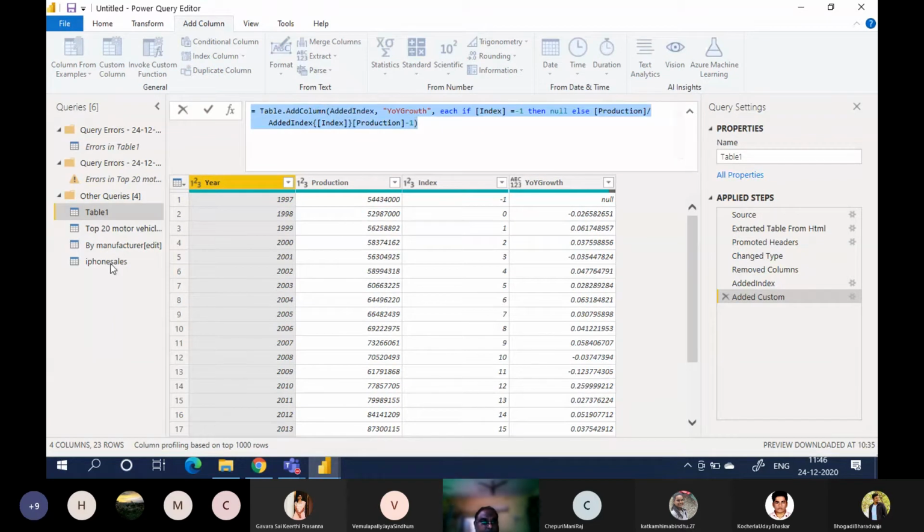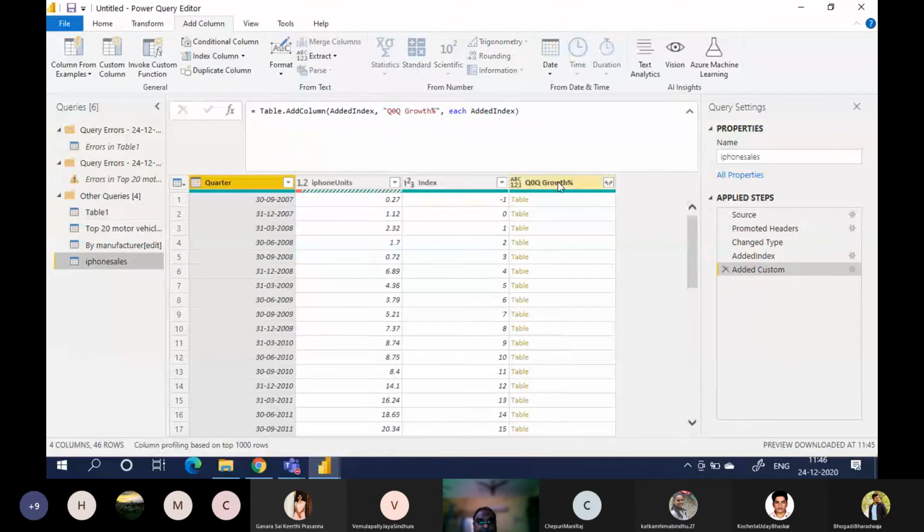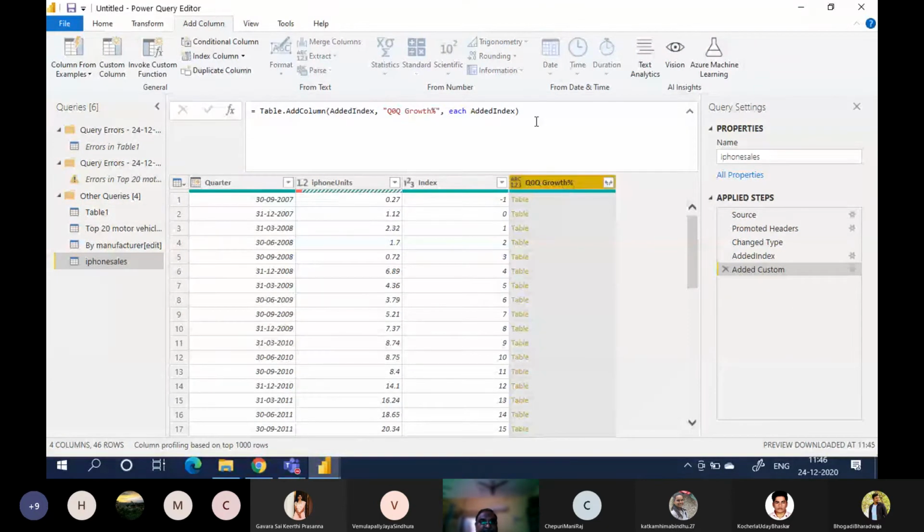Control C. Go to the iPhone sales table. Control V. Okay, so this is quarter on quarter growth percent.